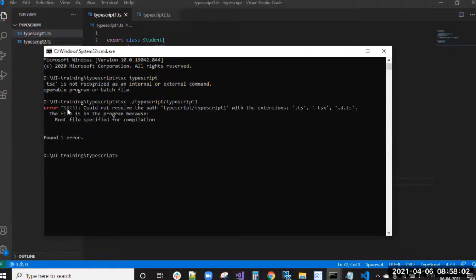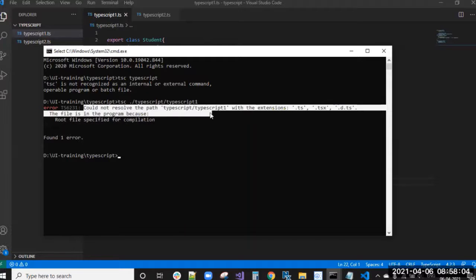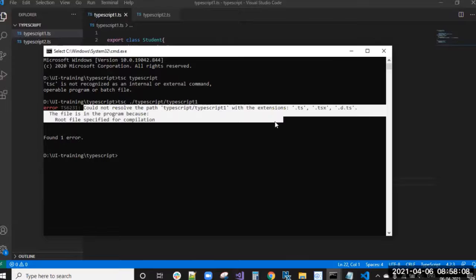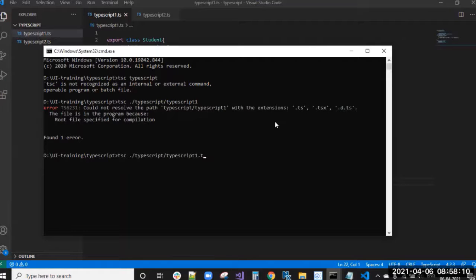We are getting this error: could not resolve the path, TypeScript one with the extension .ts. Sorry, first this is not an error, spelling correct only, tsc.